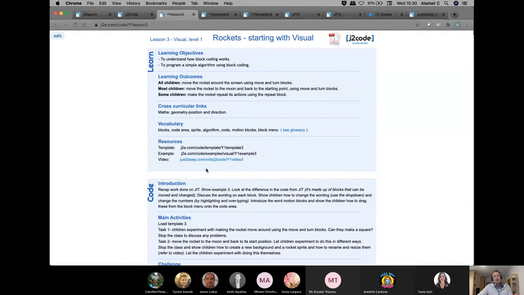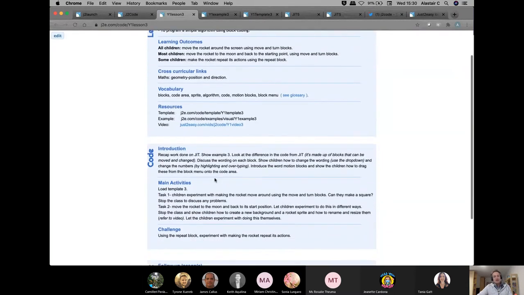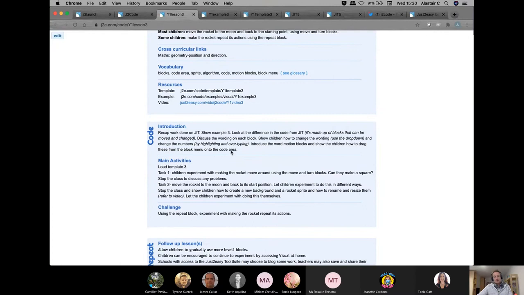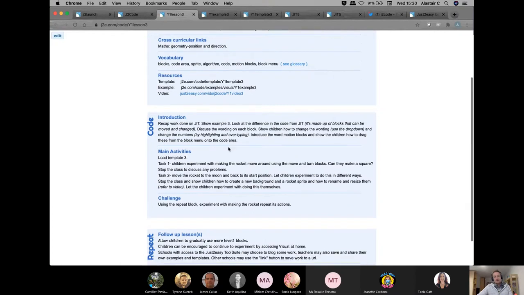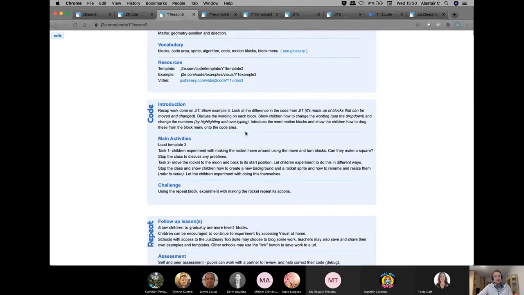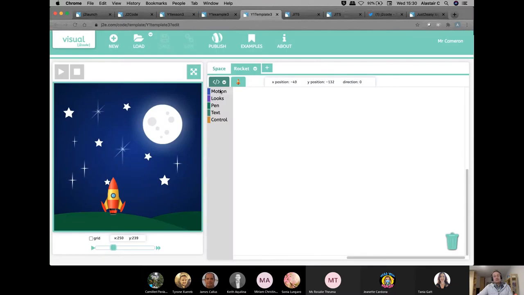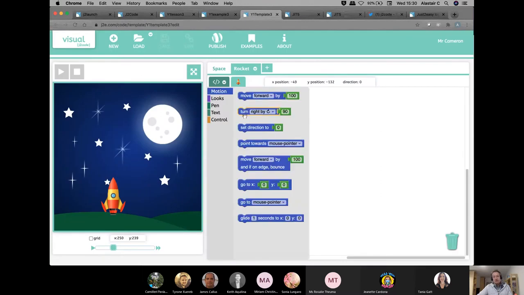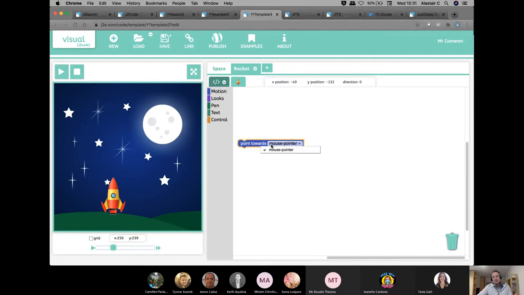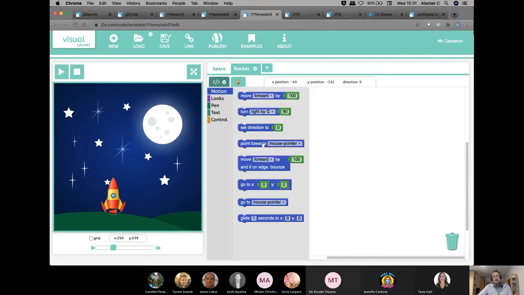Okay, so here is your lesson plan to recap the work that we've done previously and then introduce the motion blocks which I just showed you here, which are the different motion blocks: moving, turning, set the direction, point towards something particular, move, or go to a grid position, or go to a mouse pointer.